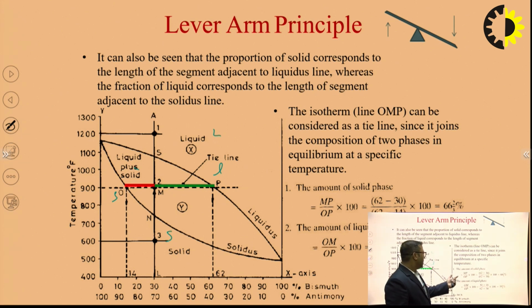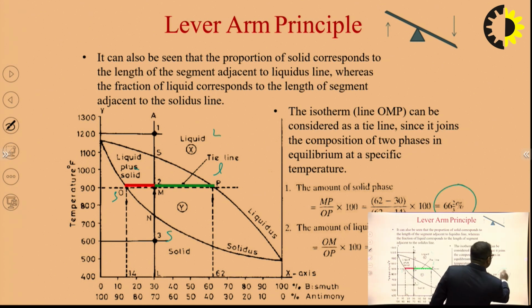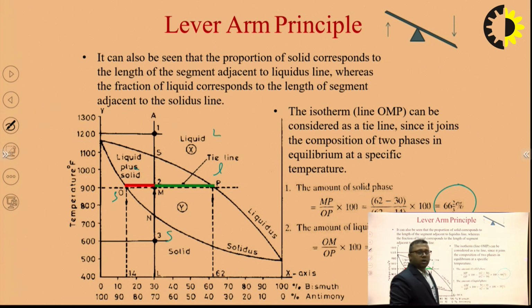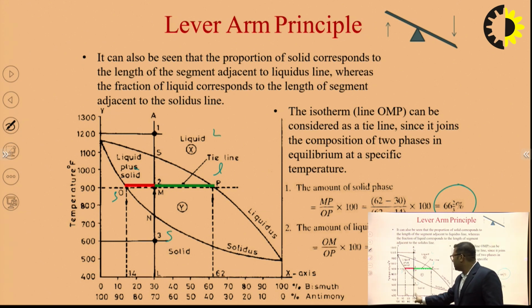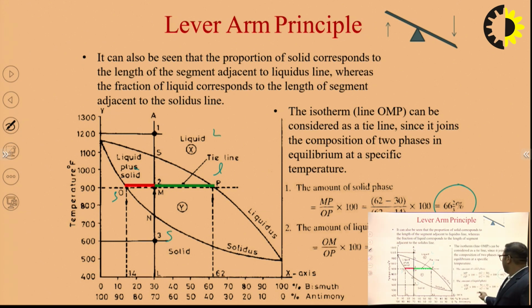So MP is 62 minus 30 and OP is 62 minus 14, into 100. Then the amount of solid phase comes to around 66 2/3%, whereas the amount of liquid phase is OM upon OP. OM means 30 minus 14 upon OP, which is 62 minus 14, into 100. Then it comes to around 33